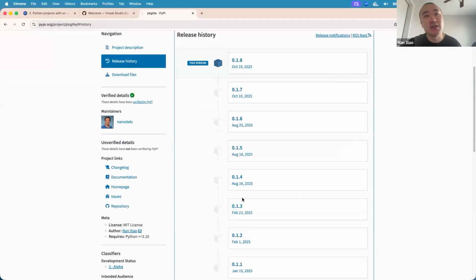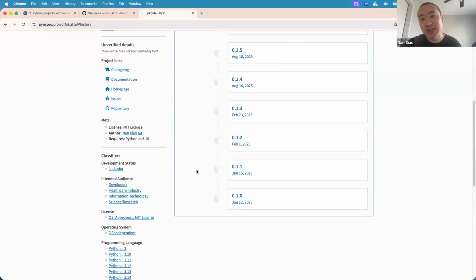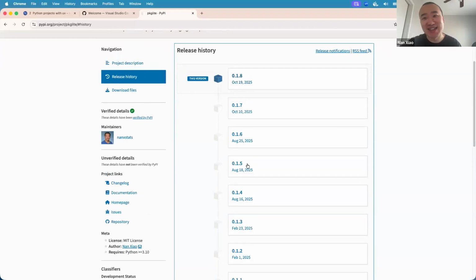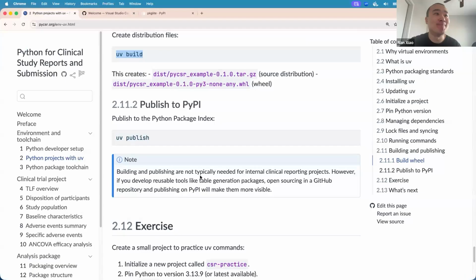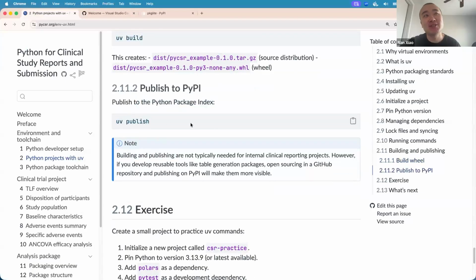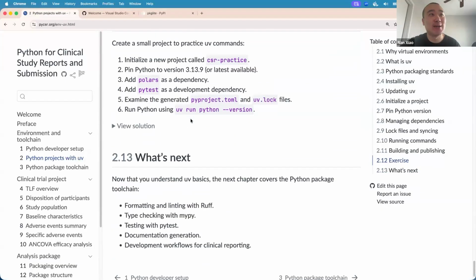And you can see their release history and everything. So you'll be able to check certain version requirements for packages, so you don't require something that's too new that will break other things, right? So that's that. And eventually you can run uv publish to publish your package to PyPI.